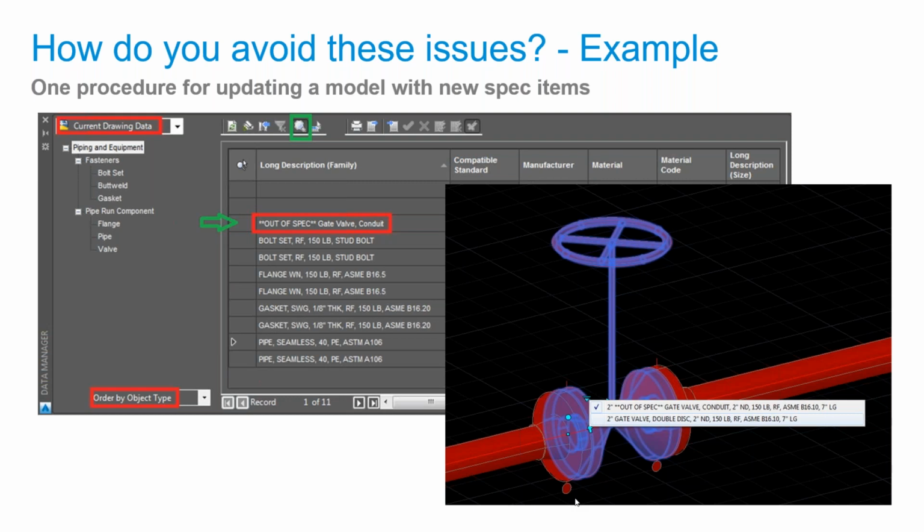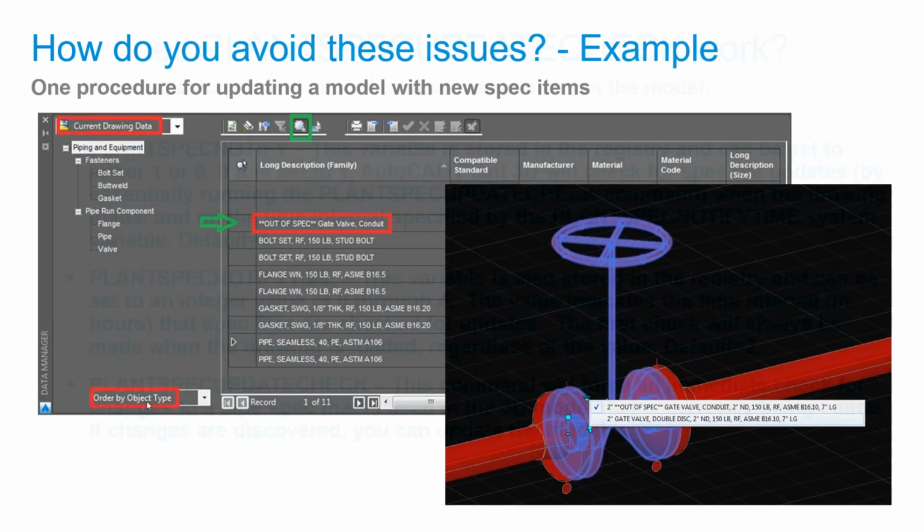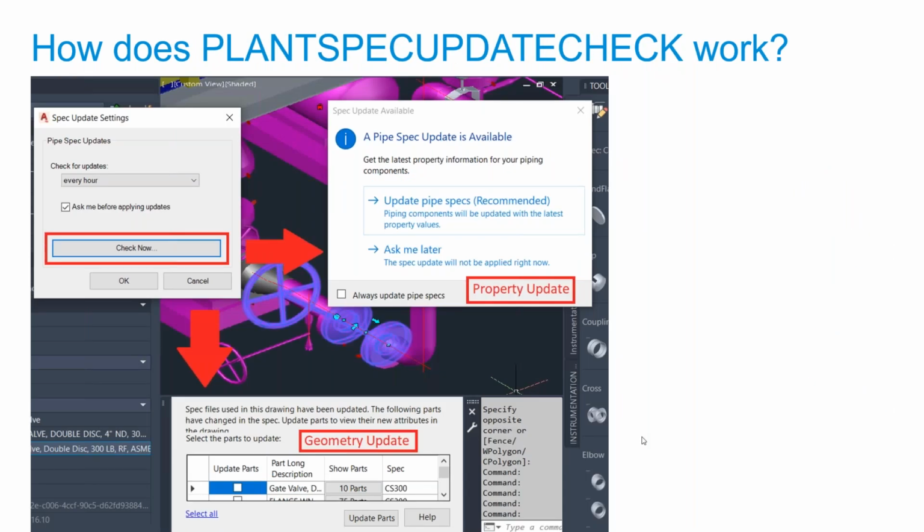So with the spec update, this information comes into the part. It makes it easy for you in the data manager to identify those parts and really go there and replace them. We also have this geometry update coming with the spec update. As you see here on this slide, you will get the check now button. If you click the check now button,